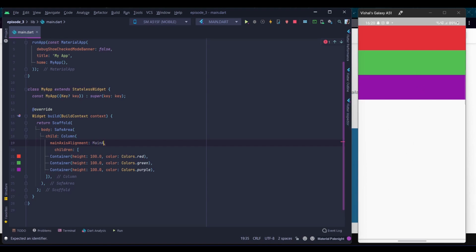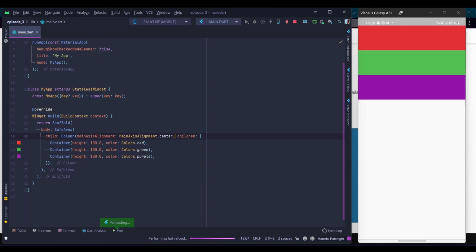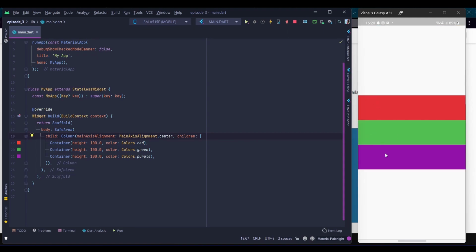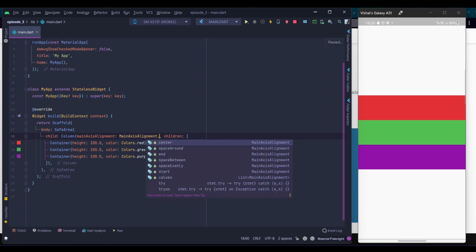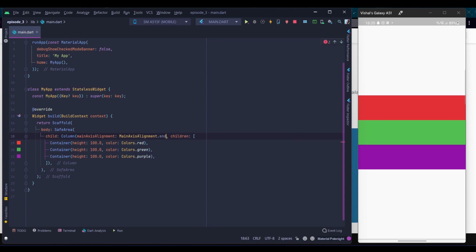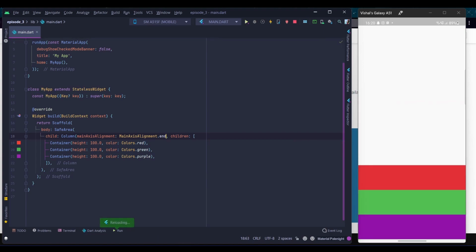So let's have main axis alignment dot center. Let's reload this, and now we can see that all the three containers have been stacked towards the center of the column. Let's try the other methods available. We have end, which will align the containers towards the end of the column.